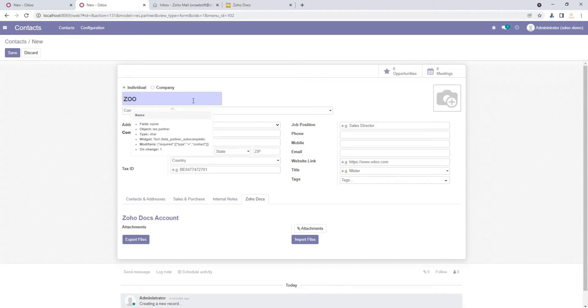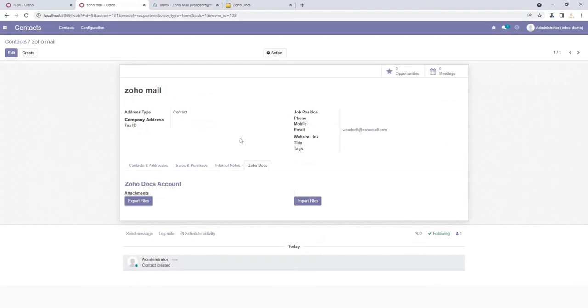So I just put some dummy information, name, and we add an actual email address to test out whether the email sending feature works or not. So I just add the email address and name. Okay, and click the save button.